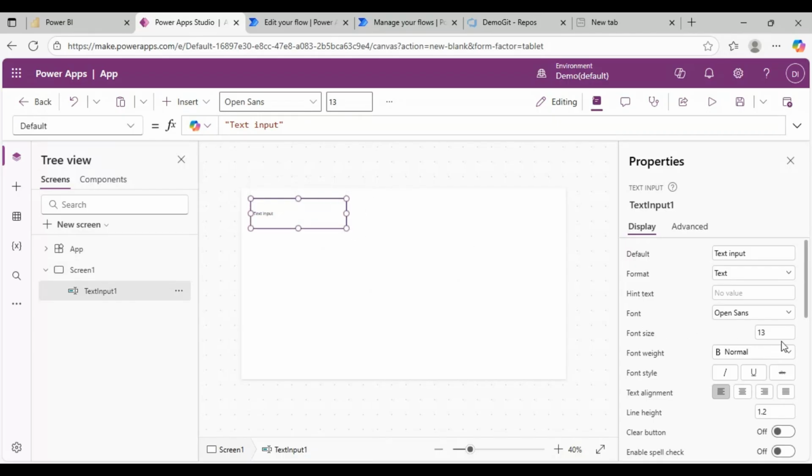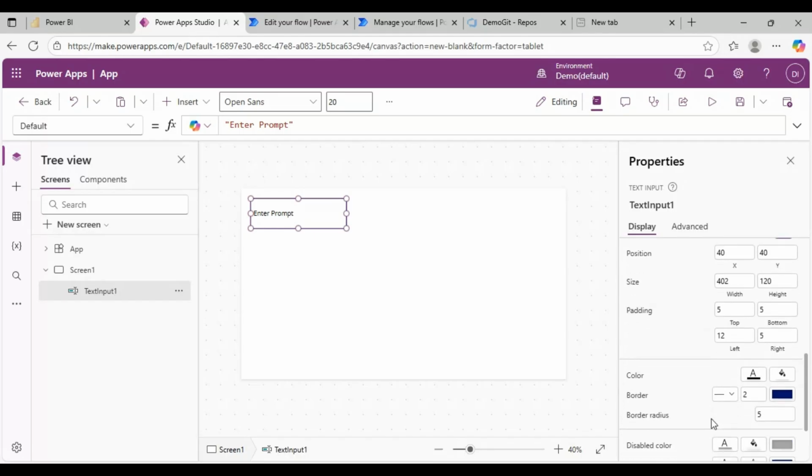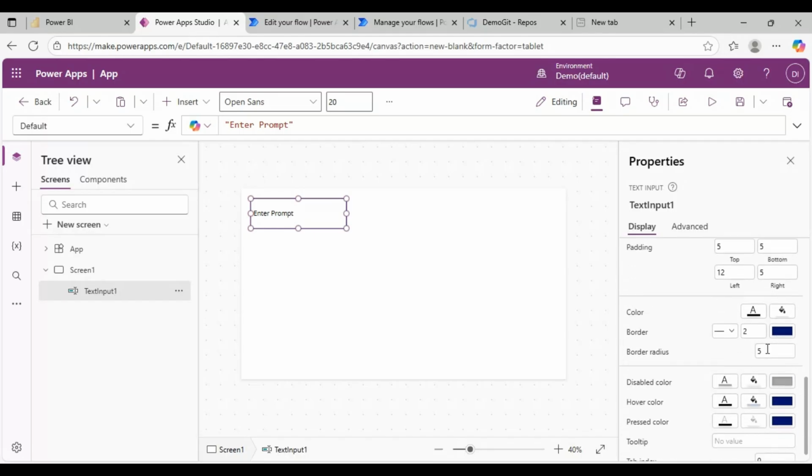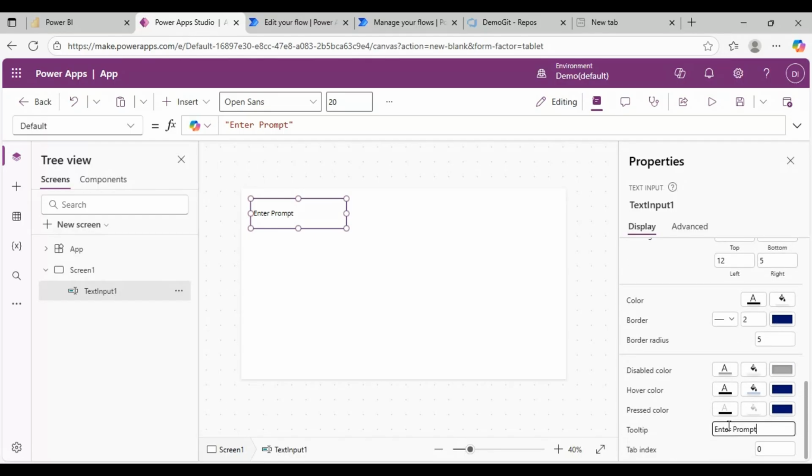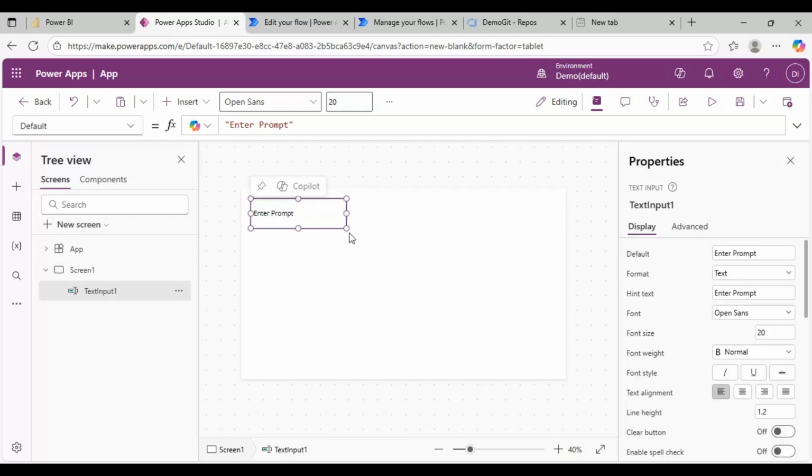Let me increase the font size. I will also give a hint text saying enter prompt. So this will be used to capture our prompt. I'll also give some border color and tooltip. Okay, so this is